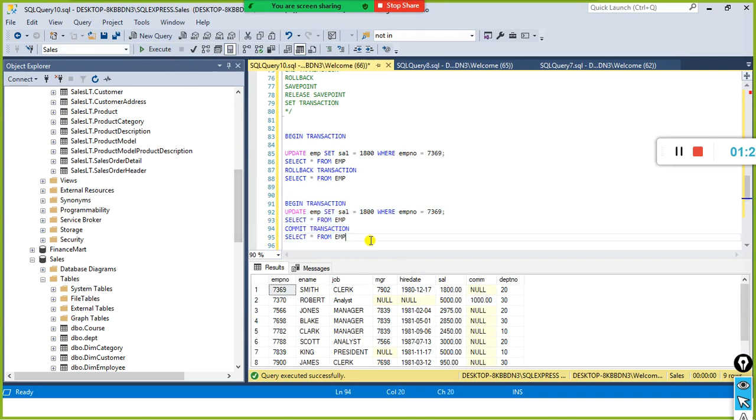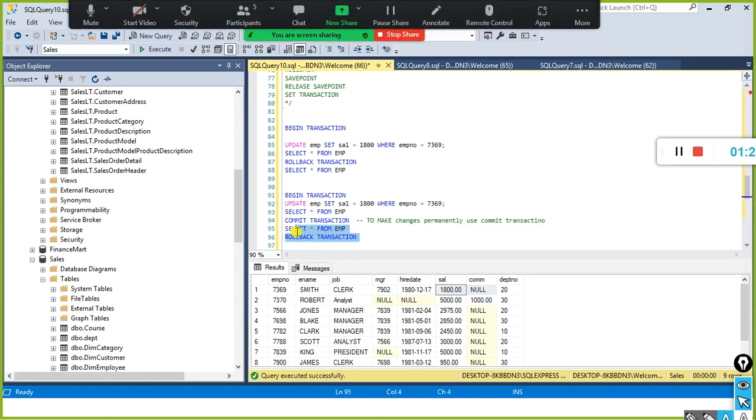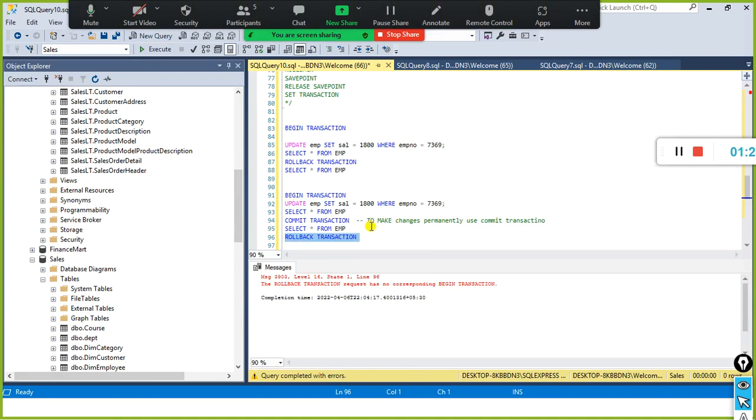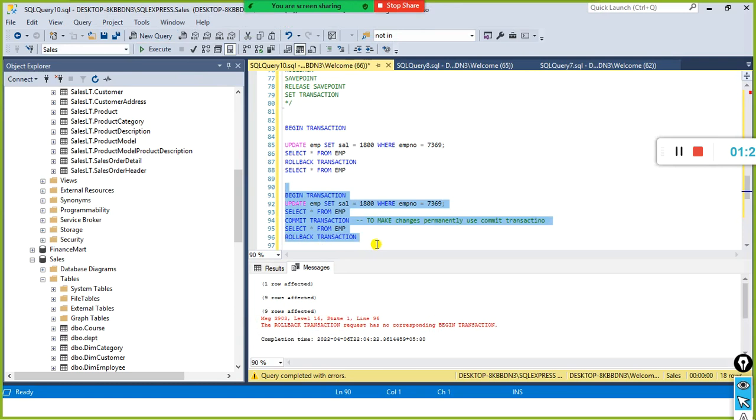Now if I execute this one, what happens? The change is made permanently. To make changes permanently, use commit transaction. So if I do rollback now, will it work? It will not work. After you have made the changes permanently, it will not work. Let me execute one more time. It requires no corresponding